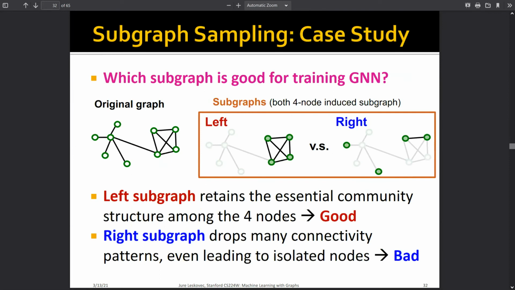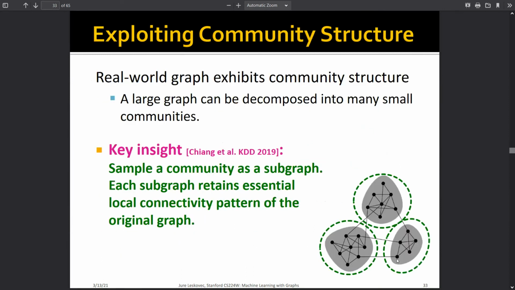Left subgraph retains the essential community structure among 4 nodes. Good. Right subgraph drops many connectivity patterns, even leading to isolated nodes. That's why it is bad. Real world graphs exhibit community structure. A large graph can be decomposed into many small communities. Small community as a subgraph. Okay, so basically these are the 3 subgraphs which would be optimal for this case to preserve the local connectivity